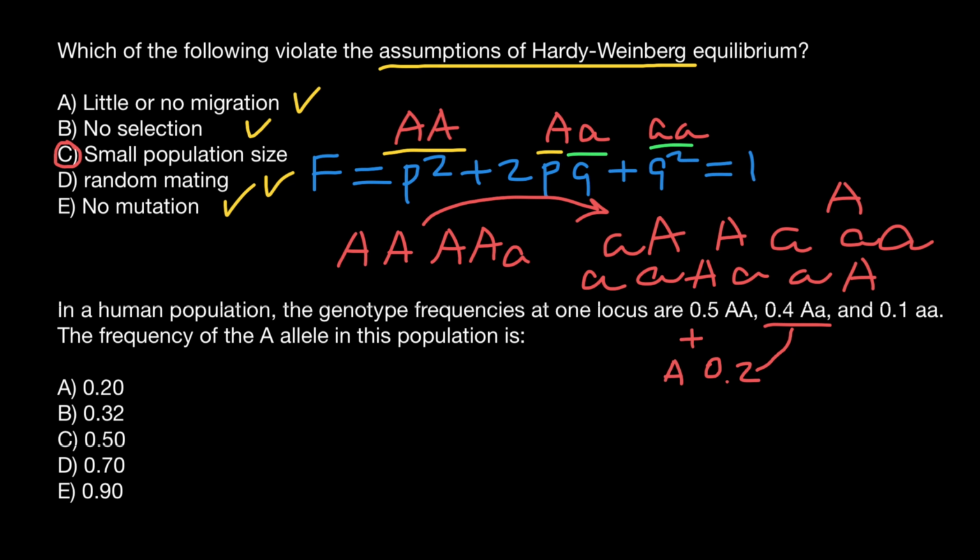So this is going to be the dominant allele, and we are going to get 0.7 as the frequency of the dominant allele A, and half of this number, which is again 0.2, would be recessive allele a. And when we add it to this frequency, we are going to get 0.3. This is going to be the frequency of the recessive allele a. And our question is about the dominant allele. The frequency of the dominant allele A is going to be 0.7 or